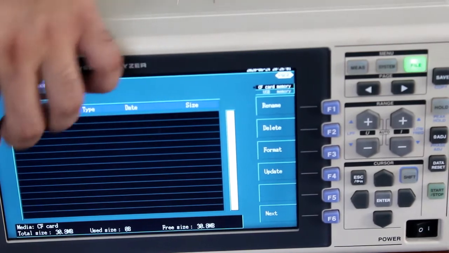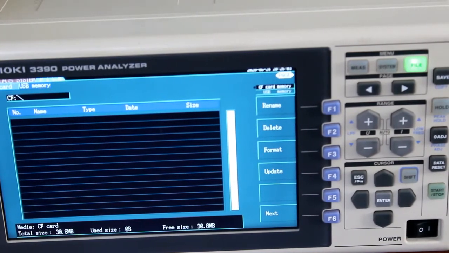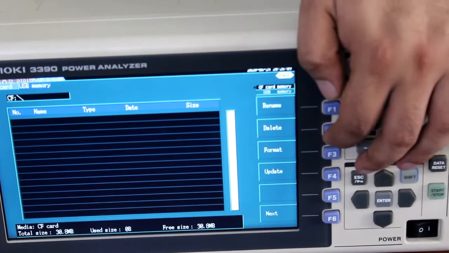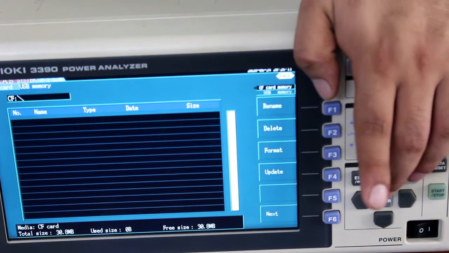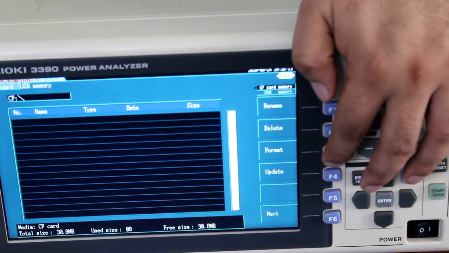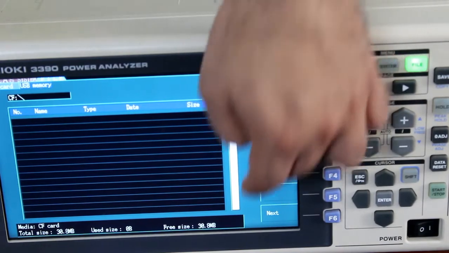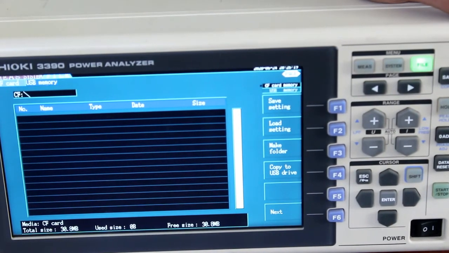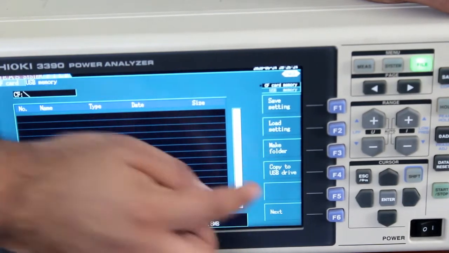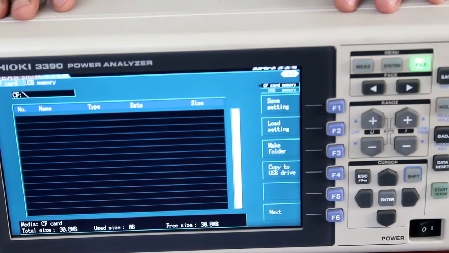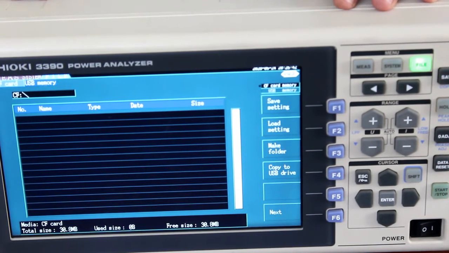So in this, when I am having a pen drive or a CF card installed, it can be seen here. We can rename the folders, we can delete the folder, we can format the CF card or pen drive, and then next we can create the folders and so on. So if I am having a CF card as well as the USB drive, I can copy from here to there also by these kind of selections. Okay, now I'll make the connection for you guys.